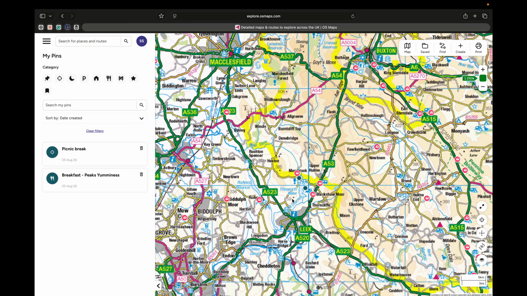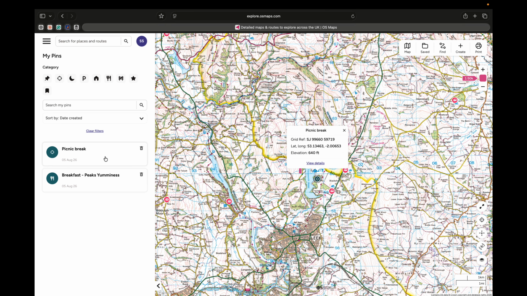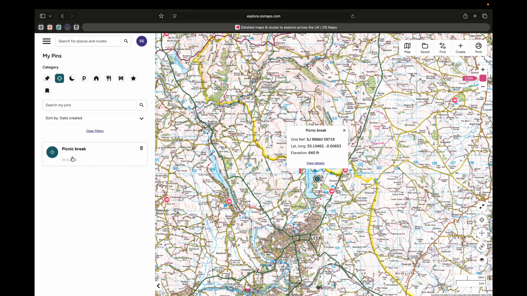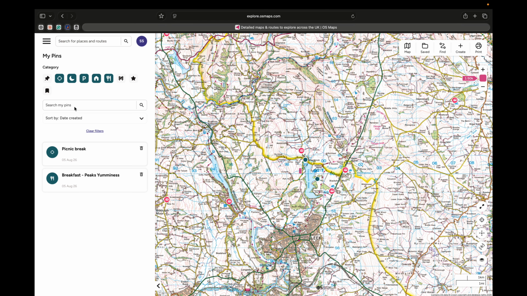So if I zoom in a little bit, you will see the 2 pins here. The first one and the second one right there. And this is just for the sake of this video. Now you can also subcategorize them by using these categories they've got here. So that one, I've got nothing under that. That one, I've got 1 item under that, which is a picnic break. You can select that. You can select them all at once so you can see everything, or specific ones to your route. If we go back here,